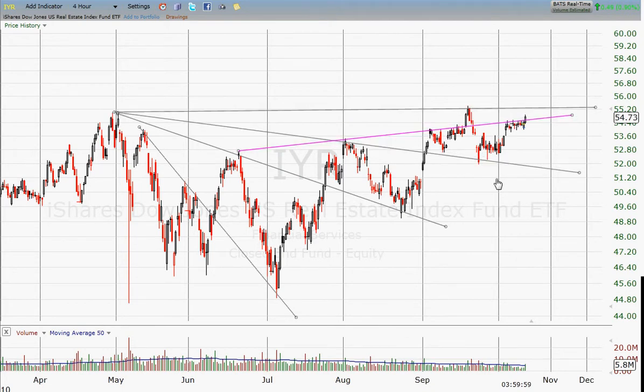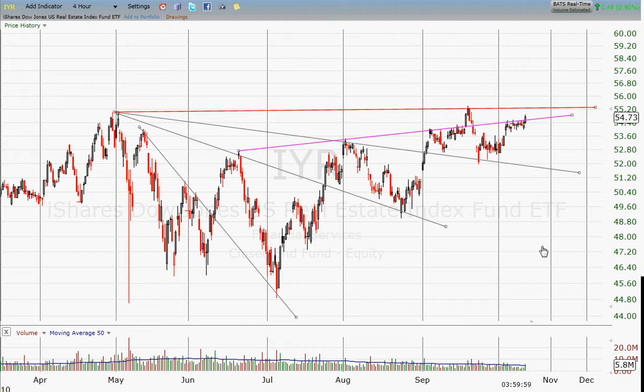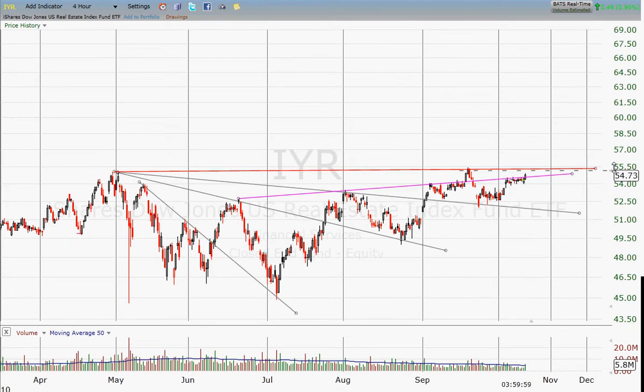What I'm interested to see for the rest of this week is, does this rally continue? Do we take out this top line up at the very top, which is now red? If we can do that, then I think there's a very high likelihood that real estate is going to head significantly higher, looking at possibly in the IYR a target price that's going to be